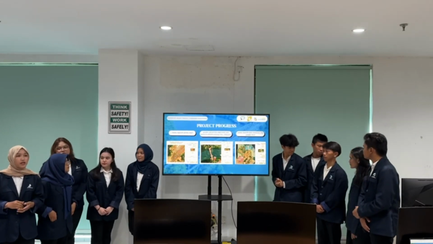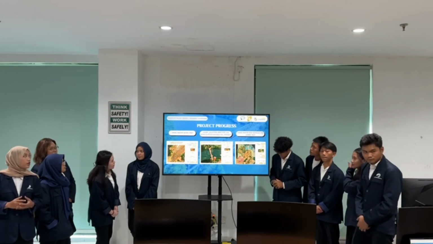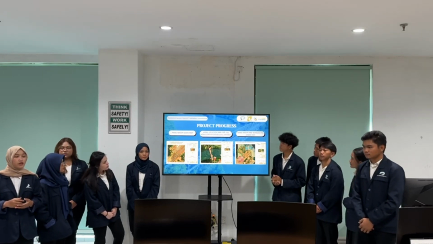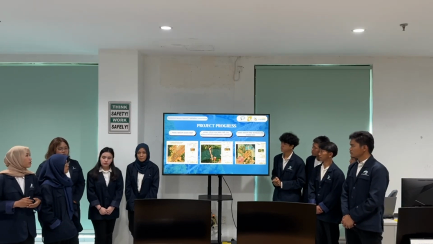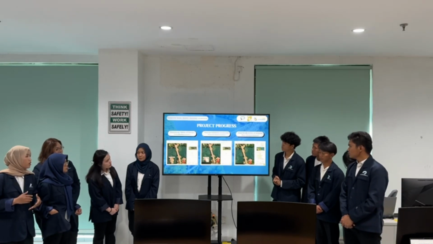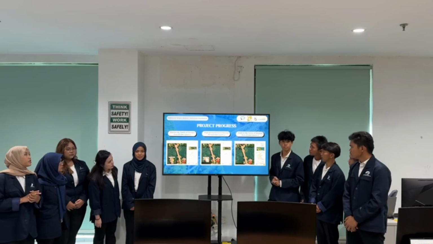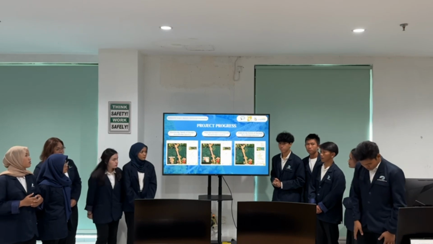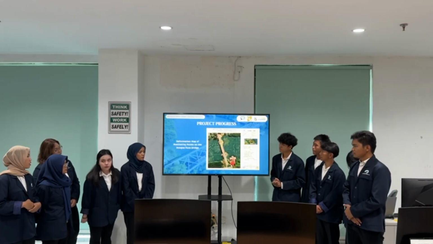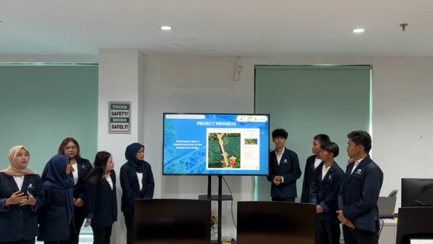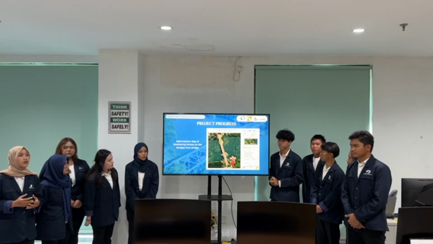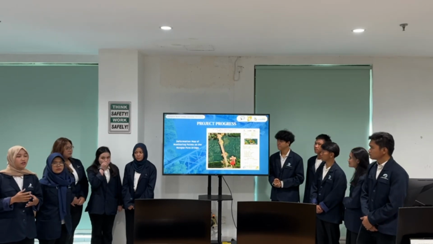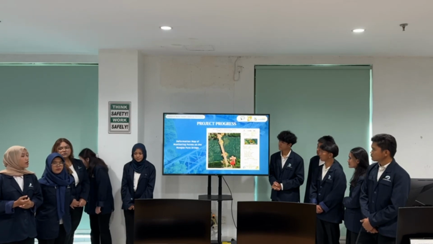Next, I'll show you the maps related to our project location and monitoring points. We got the data at the Nosokura Bridge using GNSS with the static method. We used it to get an accurate base point for the monitoring. Next. We measured the bridge 3 times just to see if it moves. Each one was taken after a heavy vehicle crossing. Next. Some points did move a little, but it's still safe. The bridge is okay. There's no serious damage found.